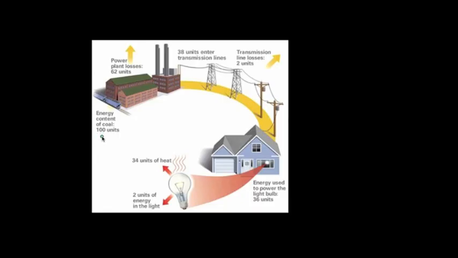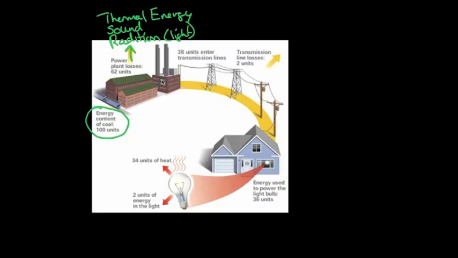Let's look here at how the energy is lost to the environment. If we start off with the energy content of coal equaling 100 units, as the power plant converts that energy into usable forms, it loses 62 units. So a very large percentage of it is lost in the form of thermal energy, of heat, sound, and light radiation. But we're able to capture enough of that power to create enough kinetic energy in the water molecules to